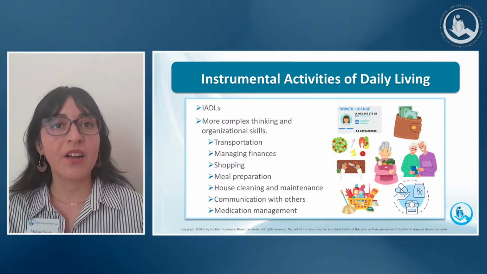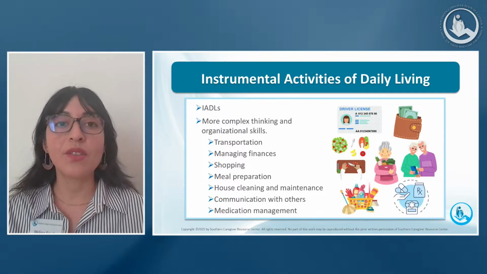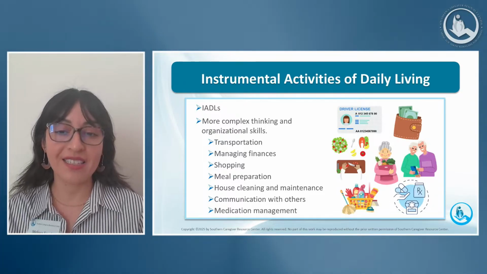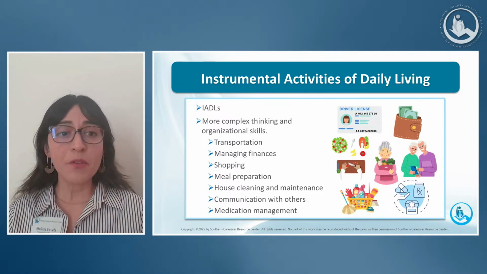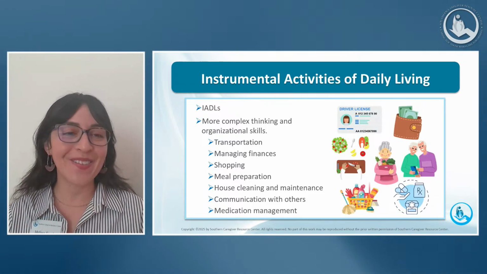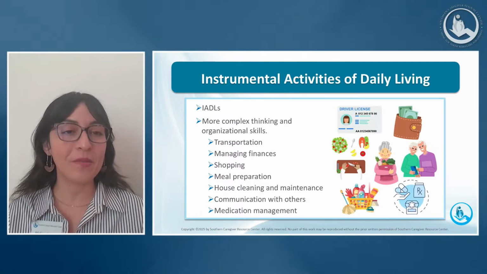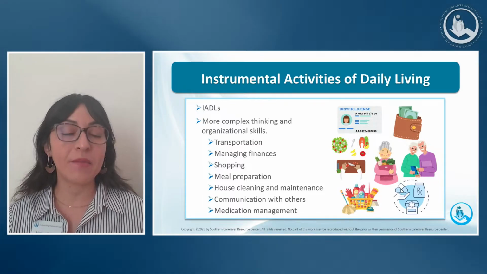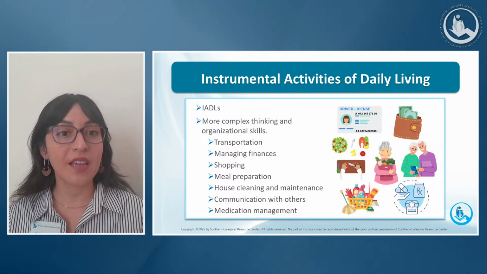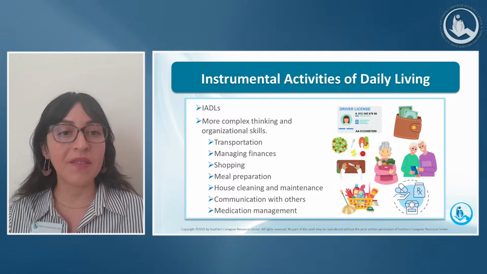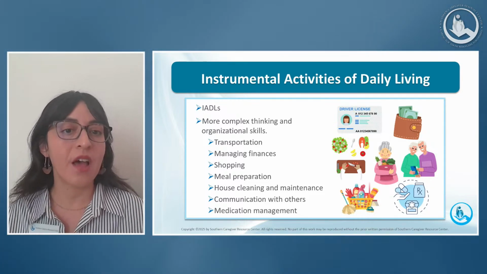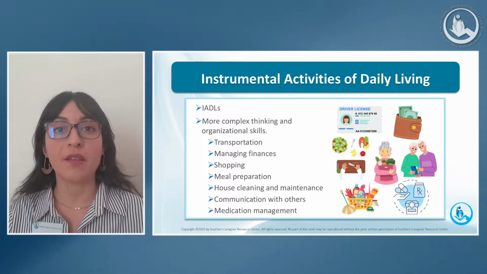The second one we see here is managing finances. So this is the ability to pay bills and manage financial assets. Some of you may be pros at managing your finances. Other people have a little bit more of a challenging time, right? And so when we see that people are having issues with these, then maybe we can figure out that their complex thinking organizational skills aren't really working for them at the moment, right?